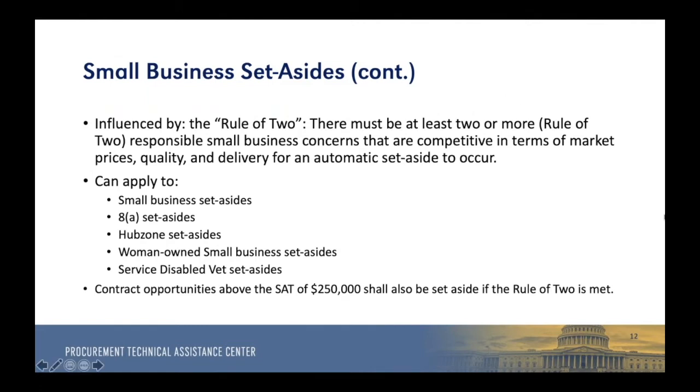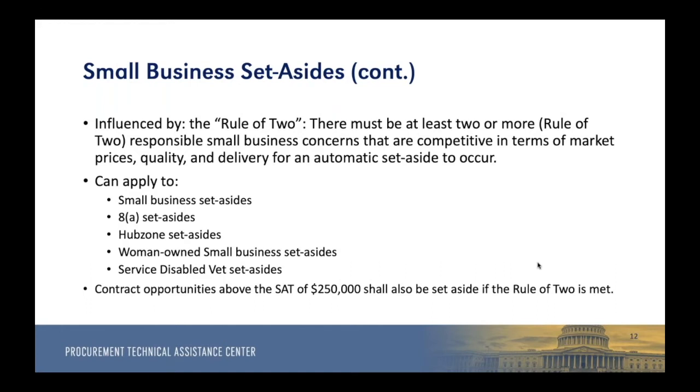So this is where anything above $250,000 has the ability to go out for just open contracting. But if the federal government finds out that there can be at least 2 or more small businesses that can do the work for that contract, then they'll set aside that contract for small businesses or for these different socioeconomic